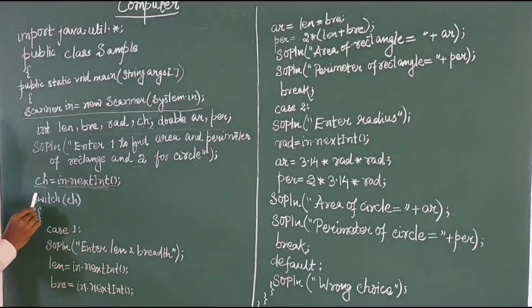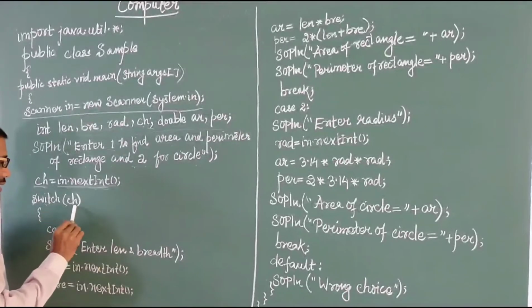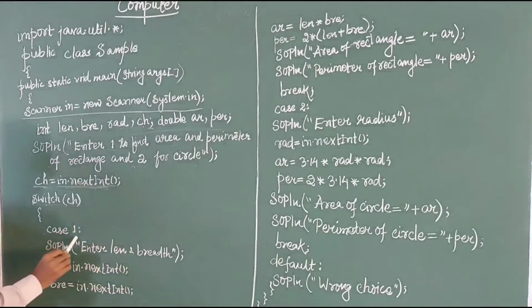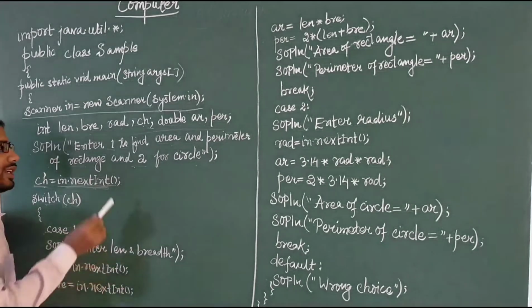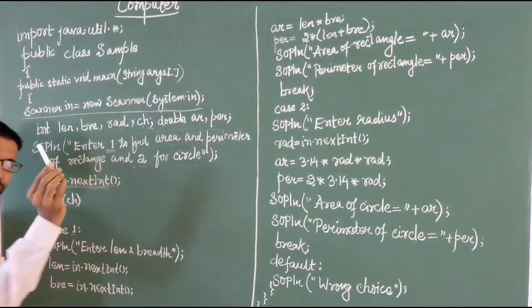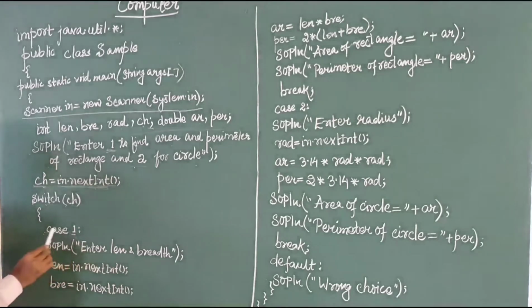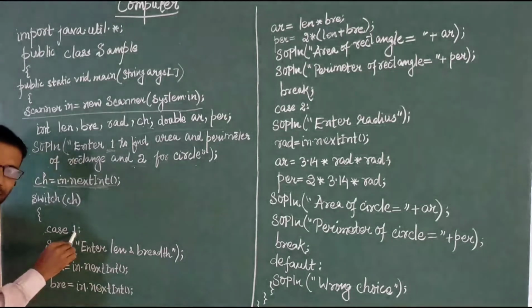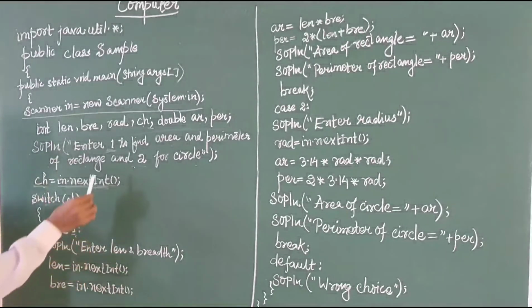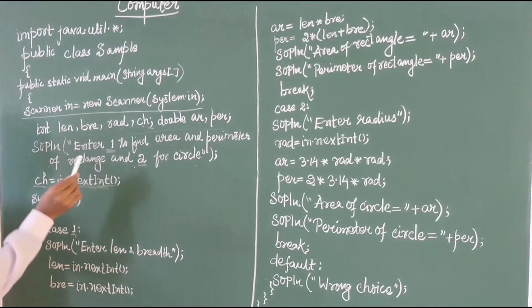After that, this one is switch. We will put the choice inside the switch. Is that clear? Now the switch case will run. Now case 1. Why case 1? Because we have given only two choices, 1 and 2. If the user enters 1, that value 1 will match with this one. That means case 1 will execute. Do not write A, B, C or anything else over here. Whatever choices you have given, you are only supposed to use those choices.